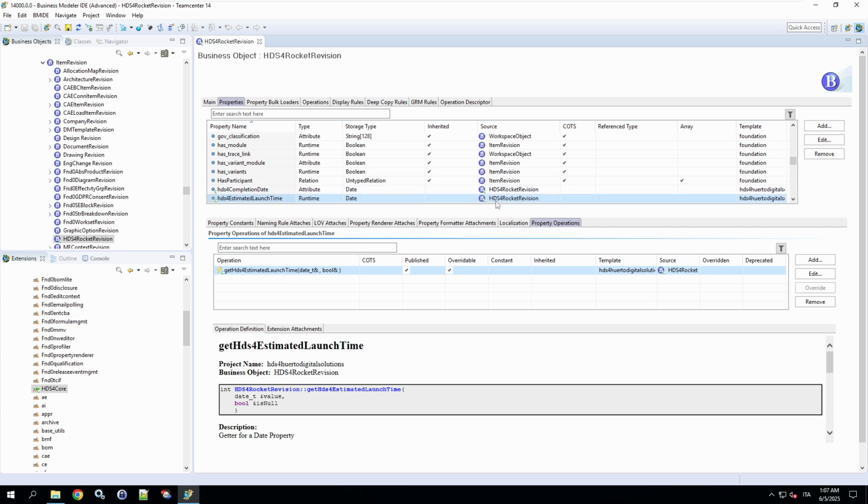The second property is HDS4 Fuel Efficiency Status, a string type. It will display the fuel efficiency status based on the persistent property fuel consumption. The logic is high if consumption is below 100, medium if it's between 100 and 200, low if it's 200 or higher.